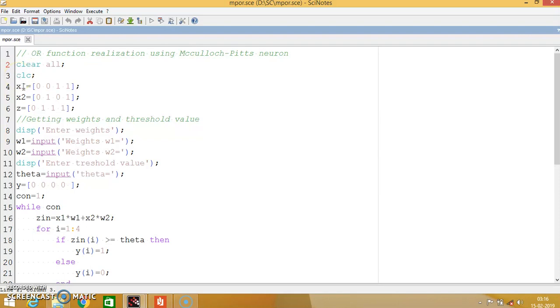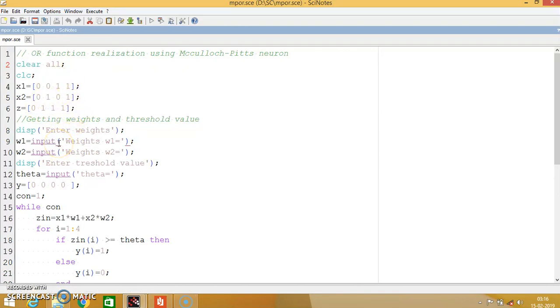Here the two input neurons x1 and x2 are 0, 0, 1, 1 and 0, 1, 0, 1. These are the input training pairs, and Z is the target output that we have to initialize: 0, 1, 1, 1. So this is the OR truth table.